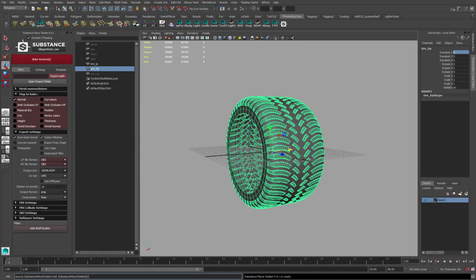All right, so in the next video, I'll show you how to actually start using the Substance Modeling or Substance Maya toolkit to start baking out your normal map and ambient occlusion maps. All right,